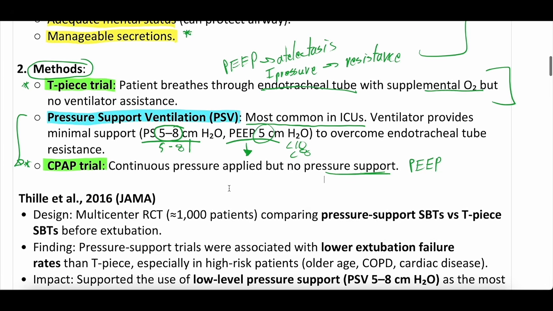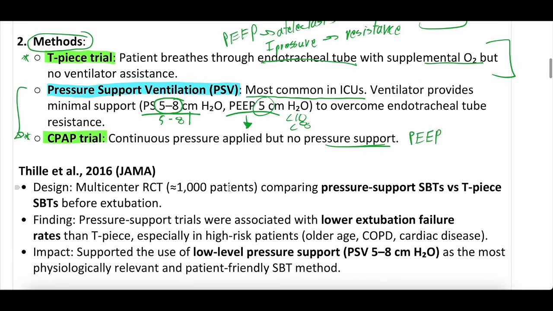So if we go into one of the trials that looked at pressure support trials versus T-piece trials, it's a trial by Thille et al., 2016, published in JAMA, and it was a multi-center RCT, had about 1,000 patients in it, and they compared pressure support ventilation, where you have that inspiratory pressure and a PEEP, right? Just enough inspiratory pressure to get over the resistance of the endotracheal tube, somewhere around 5 to 8 centimeters of water, and minimal PEEP, somewhere between 5 and 8, just to prevent atelectasis, versus a T-piece trial. Remember we said T-piece trial means you just take them off the ventilator and attach their ET tube to supplemental